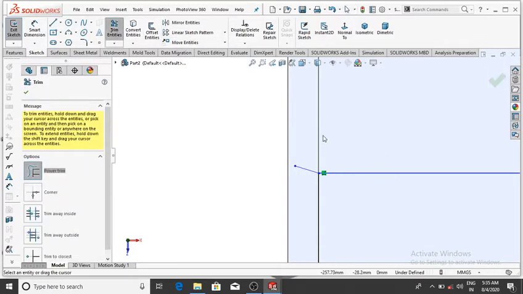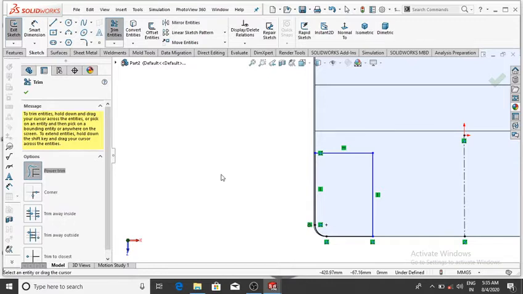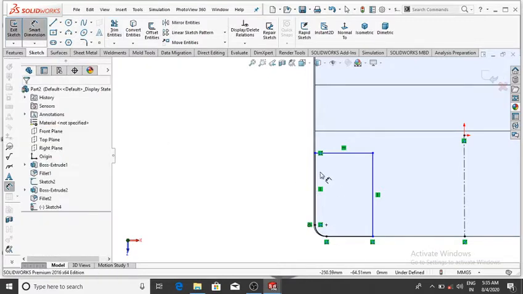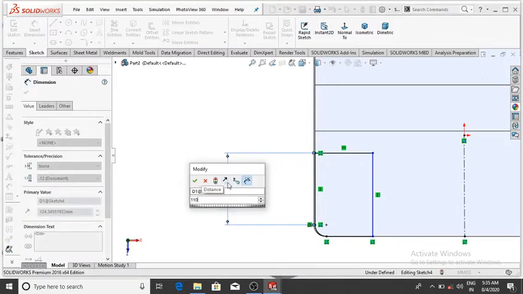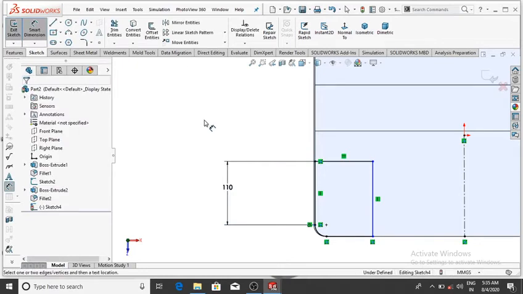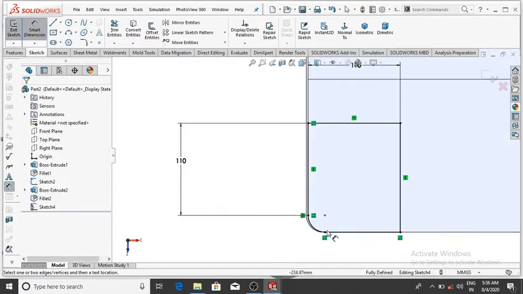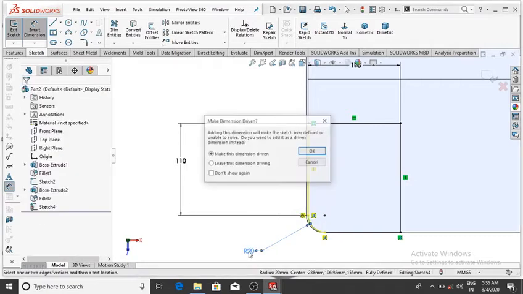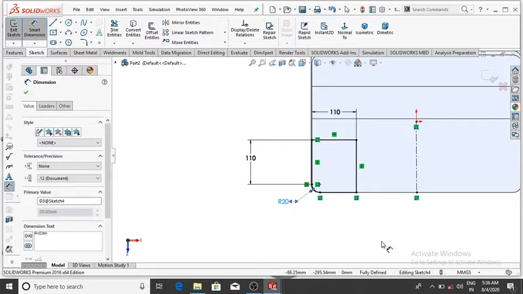Go to the trim and delete this sketch, and now go to the smart dimension and make it 110 mm, then enter, and this also will be 110 mm, then OK, and this will be 20 mm, then OK.